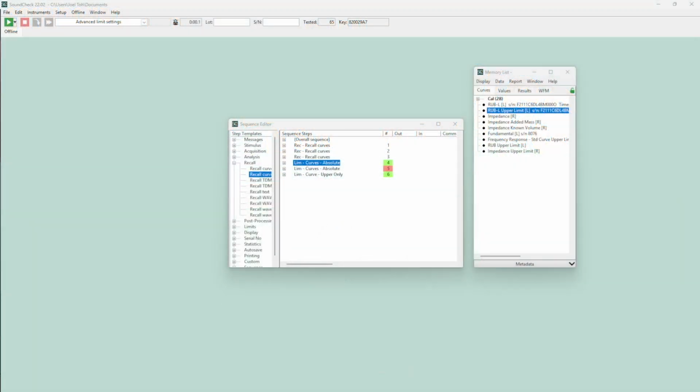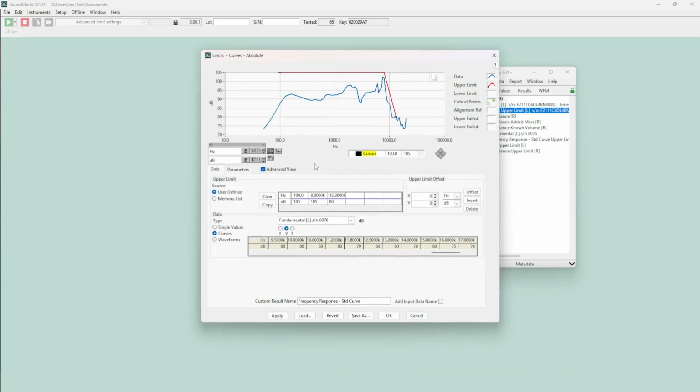Today we're going to look at some advanced limit setting options available in SoundCheck. Let's open up the limits editor. This is where you set pass or fail limits for your measurements. The data tab is where you enter your upper and lower limits, and the specific data that the limits are